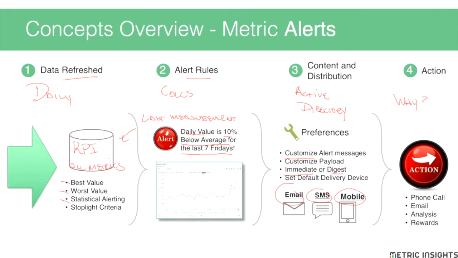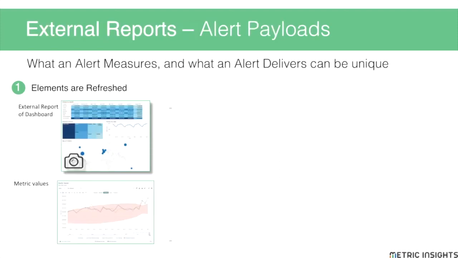Two significant concepts about alerts are worth some extra attention: the idea of the payload and the management of the alert condition. Each alert rule can be customized to deliver any element in Metric Insights. Sometimes you want to deliver the metric, the standardized line graph showing the values over time and all that goes with that. However, sometimes you may want to measure some values but deliver some other visualization that might be used